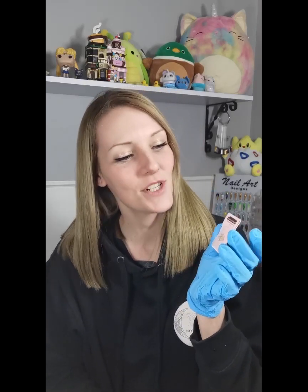Okay, so on nail number 1, we're going to start this off really super easy, and we will ease our way in to doing those more detailed nails. So first of all, I'm going to be going in and using some butterfly decal charms, and these charms are